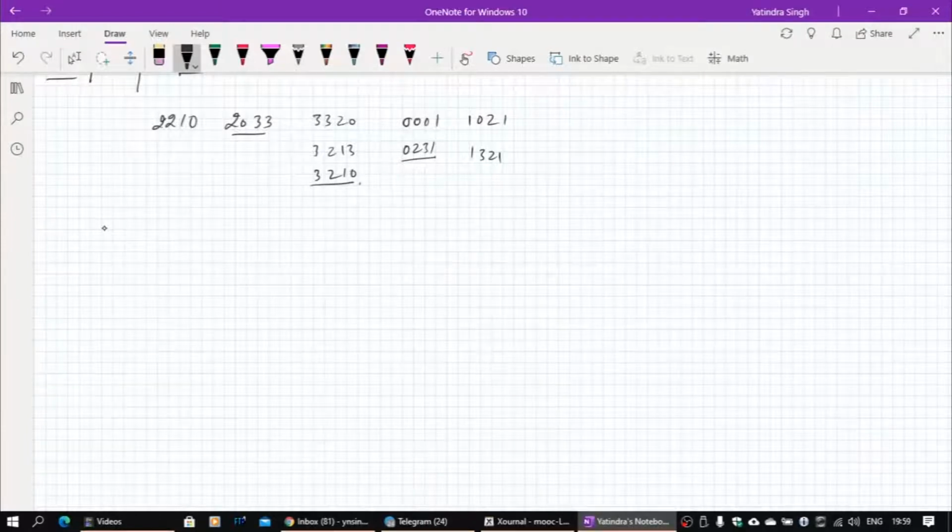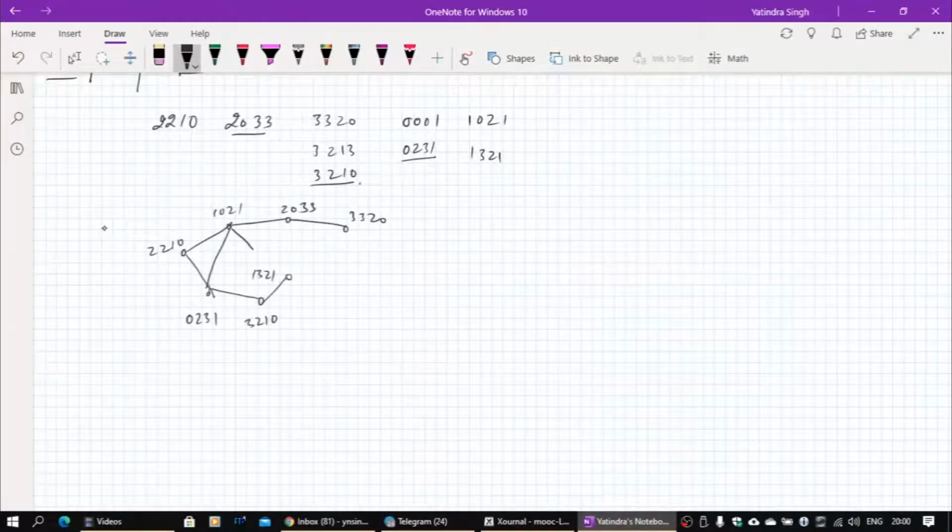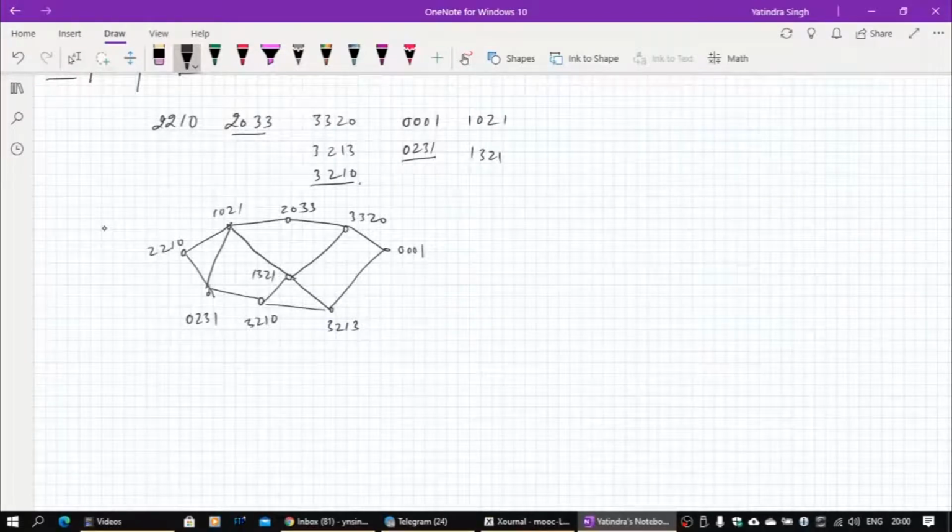So we also need a topology as of now. I am just taking some example topology, and we will be looking at hop distance. I am writing the node IDs, and we are going to connect this and this, 3213, and of course this will be 0001. That's the topology we are considering.